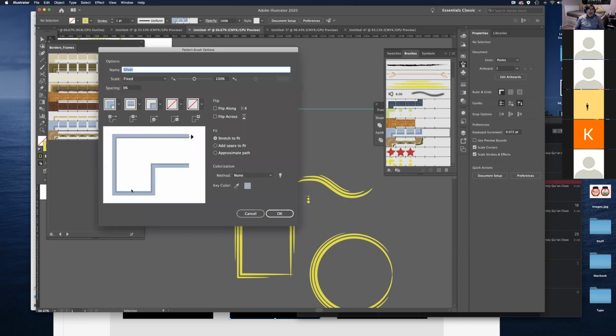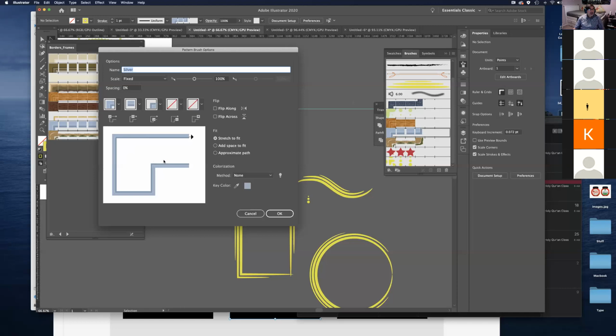So now you can see that this brush, although it is simple, what you have to keep in mind is that if it was a round shape, there's no problem. But if you have corners, then you may have to define those corners. For example, this is the outer corner over here. This is the actual stroke or the body of the brush. And this is the inner corner. So there's an outer corner and then there's an inner corner. So that makes that brush,